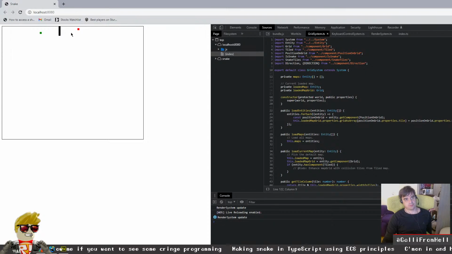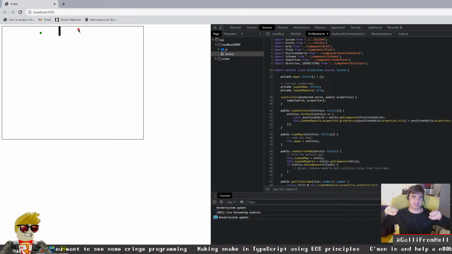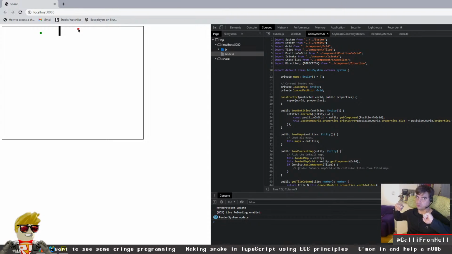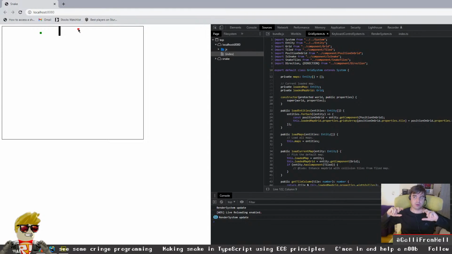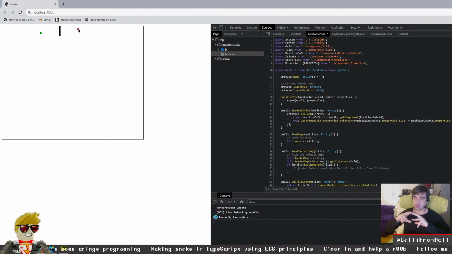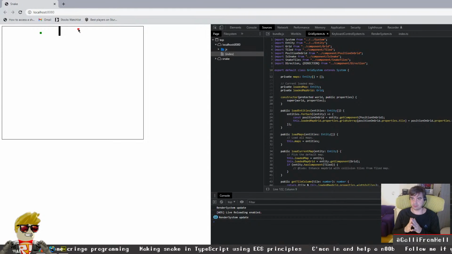So we're gonna develop the interaction with the hard surfaces, the boundaries of the map, and the fruits. And then we're gonna see how to broadcast events,